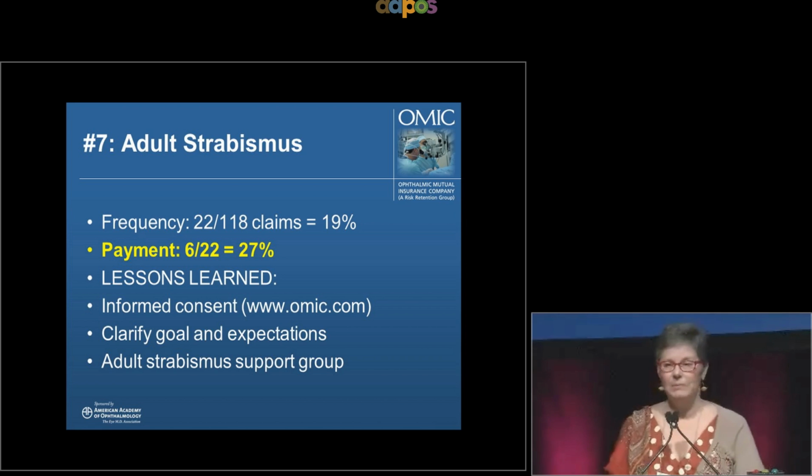And I think it's something Aapos as a body might want to explore, whether you want to sponsor some kind of support group online. I think it would make a very big difference, because this group of patients in particular is really challenged. They've often had childhood strabismus, prior surgeries, scar tissue. They suddenly think they're going to look great. Their expectations are really not realistic at all, despite your very good effort. So I think you can't do it on your own, and so I'm encouraging you to elicit the support of others.